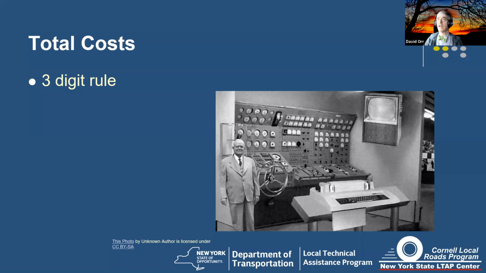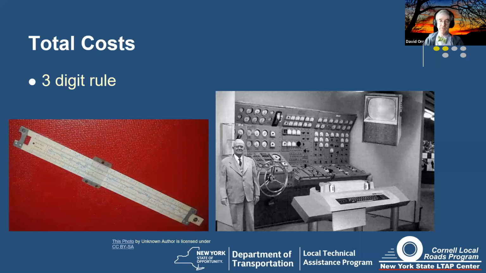And if you want to be sure you know how to do that, go find yourself an old slide rule and do the calculations for a while with a slide rule. I did that in college when I got an F because I had too many digits. And sure enough, it teaches you pretty quick to not carry extra digits you don't want to carry, and get real suspicious when somebody says something is going to cost $243,863.18. I don't think they're that accurate. You can account for it afterwards. You can go back and review it, but if they estimate at that level up front, they're probably relying too much on the calculator.